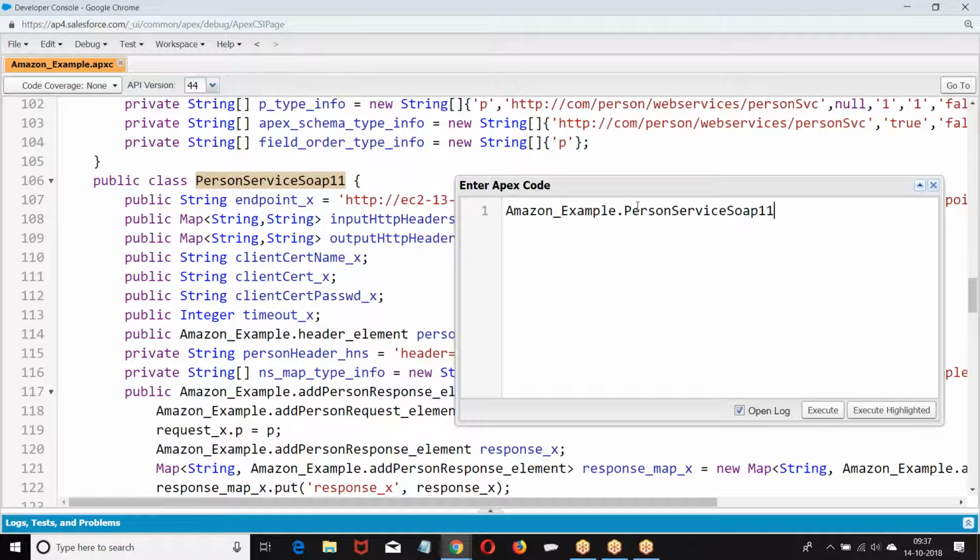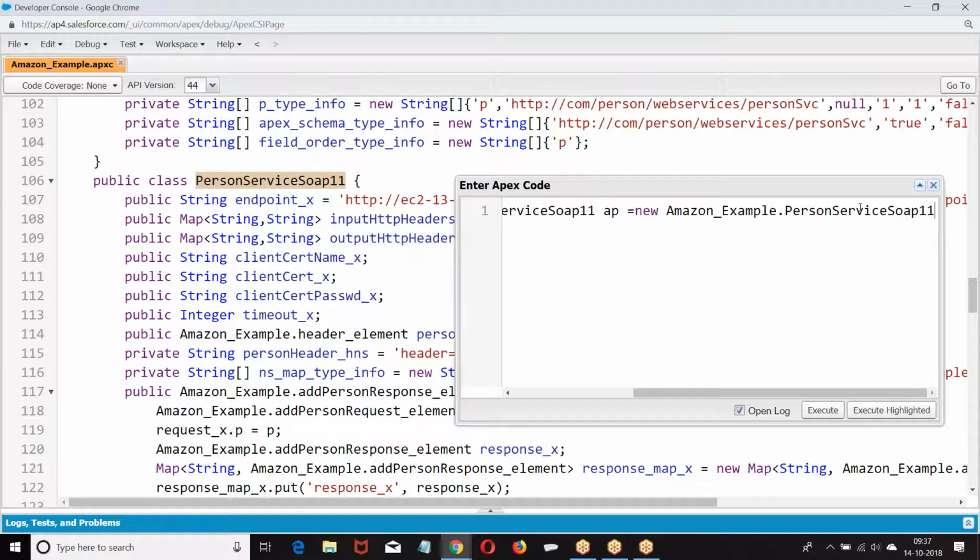The services are available. Methods are available in this. In the entire class which is generated, only one class will have methods. That class will become your main class. So, P equal to outer class dot the inner class in which the services are defined. Okay, we have created this.